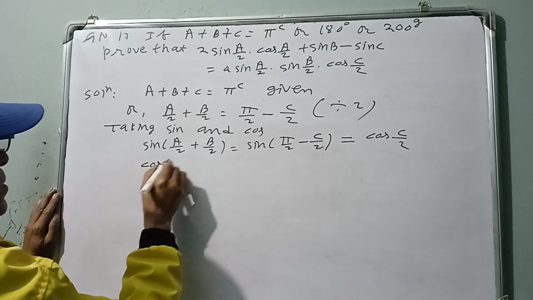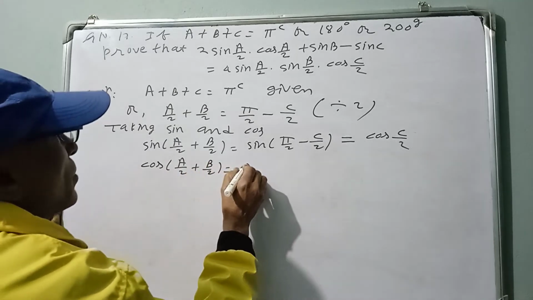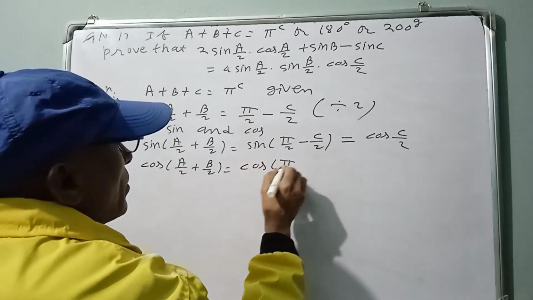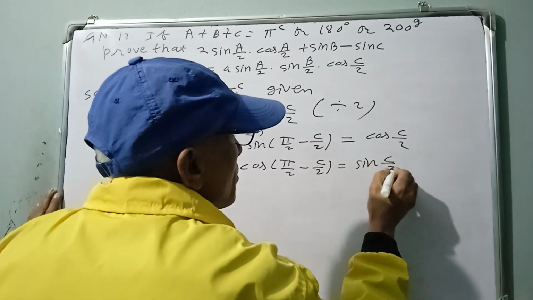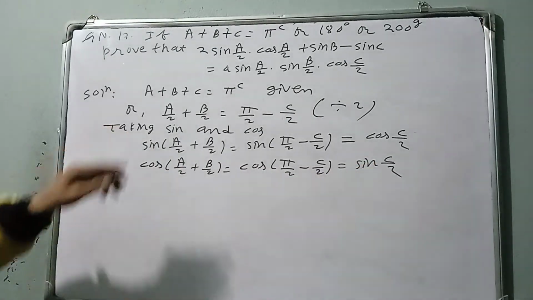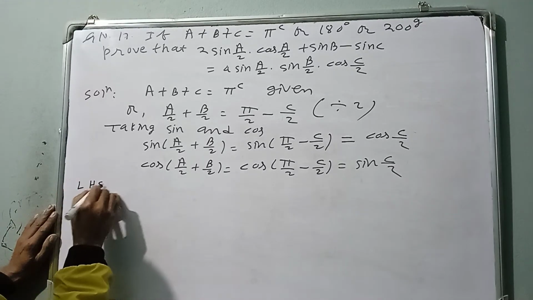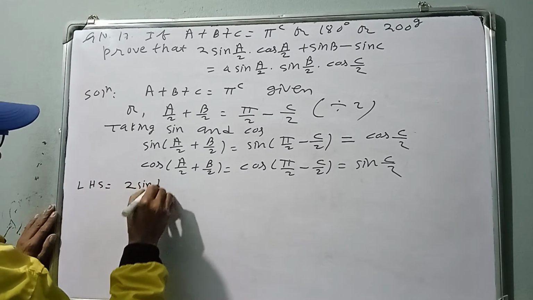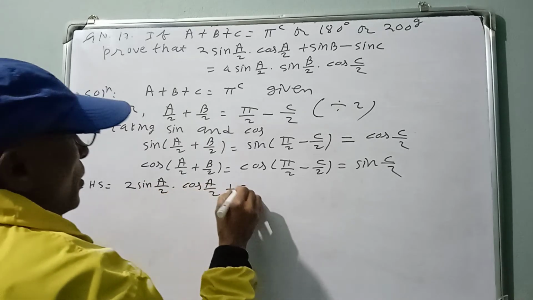Take cos on both sides. Cos 90 degree minus C by 2 is sin C by 2. Sin 90 minus A, cos 90 degree minus A, sin A, because on the right side there are sub multiples A by 2, B by 2, C by 2. Now, left hand side: write down the left hand side, twice sin A by 2 into cos A by 2 plus